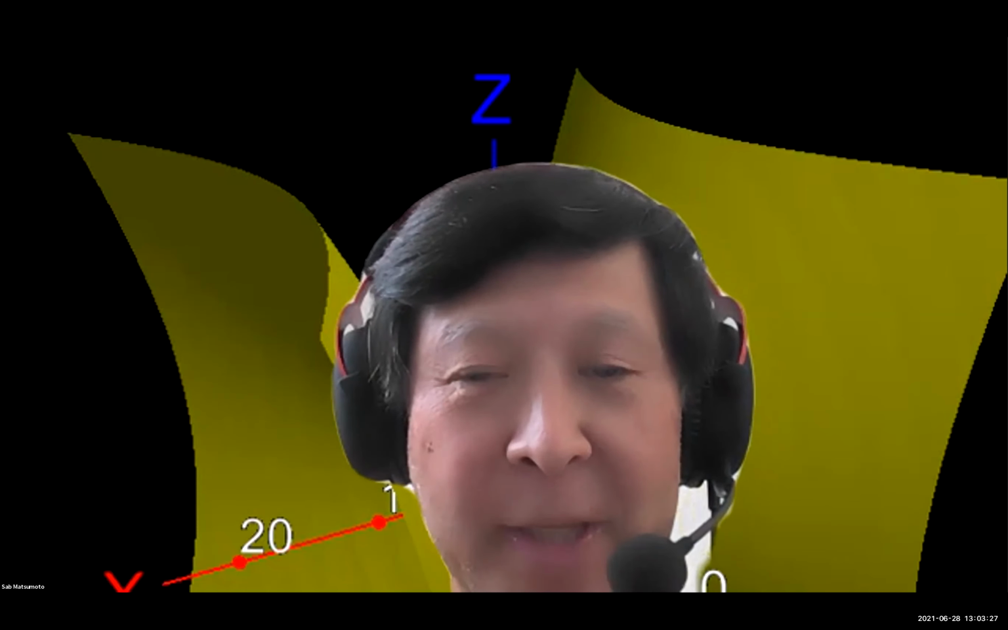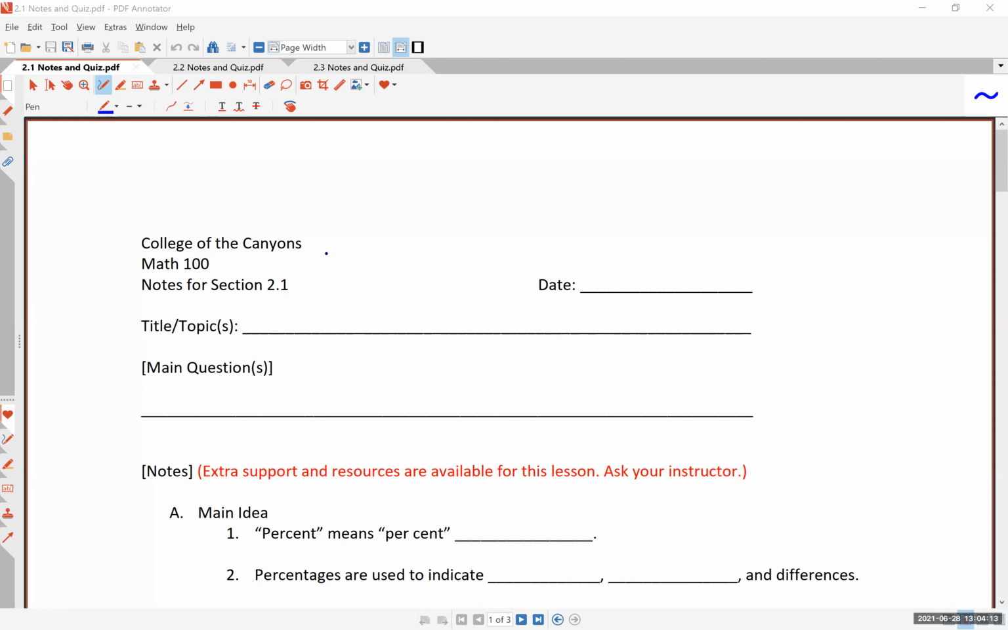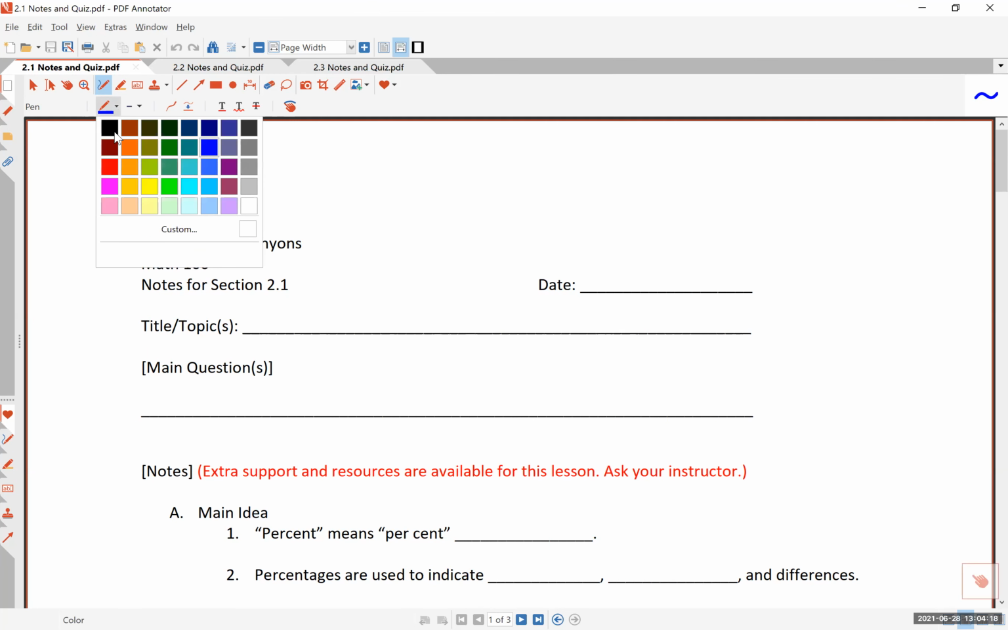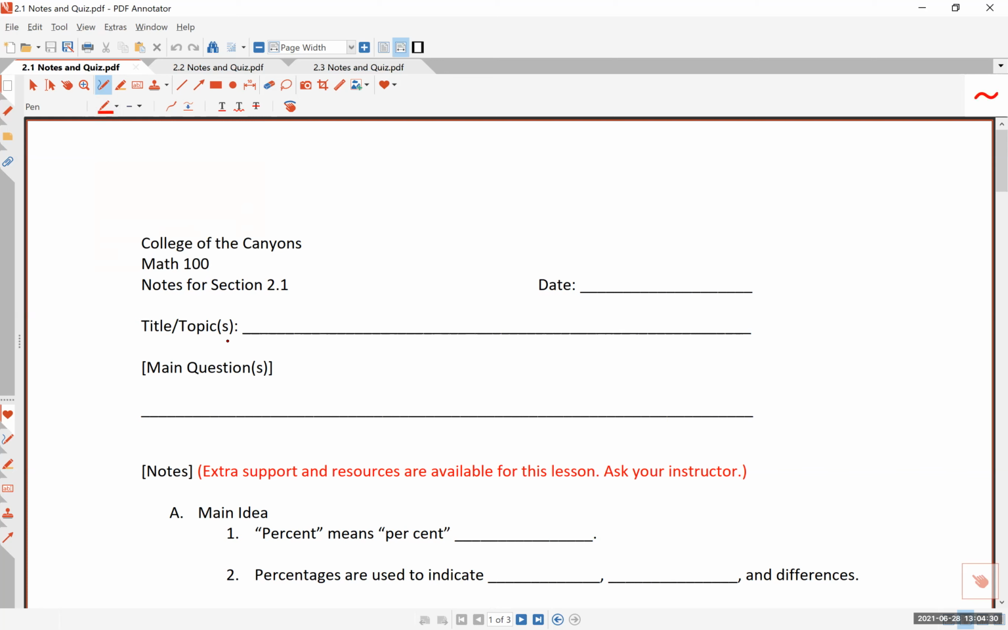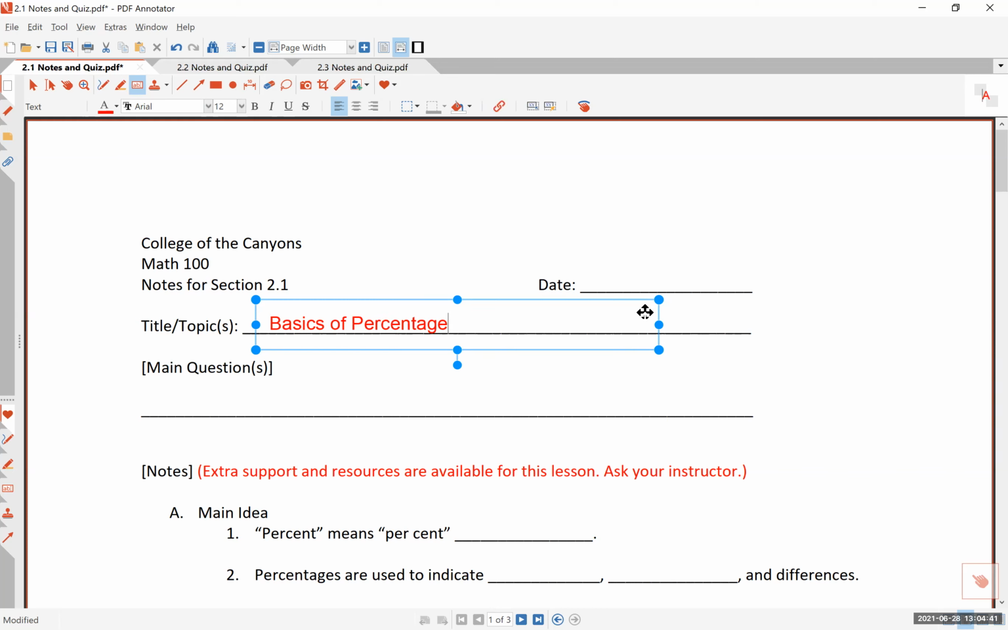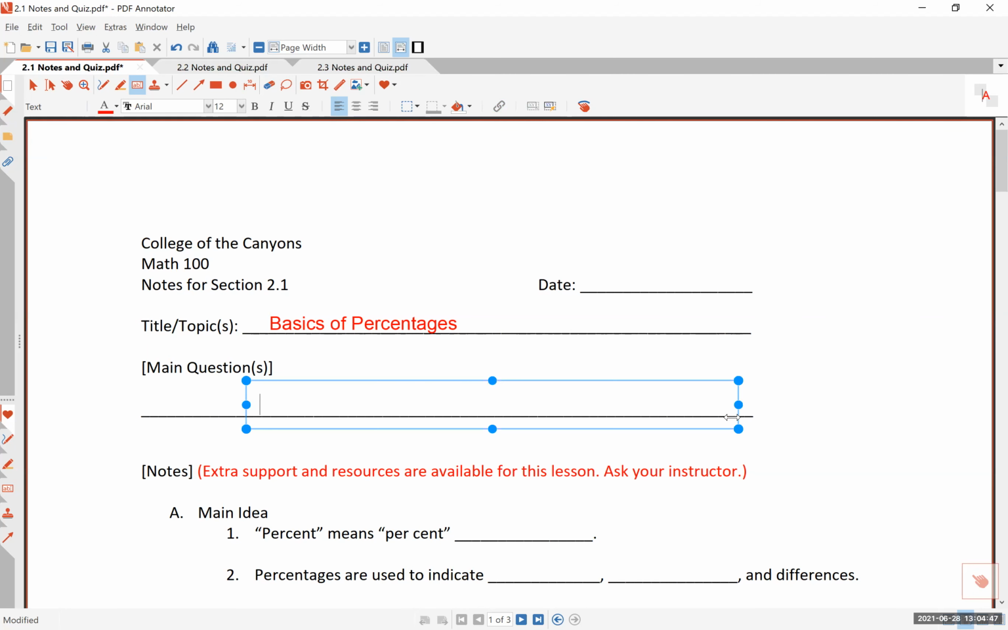I will share my screen as usual. All right, so here we are in section 2.1. I hope you have your outline, basically your blank notes sheet, available in front of you so that you can take notes as you watch these videos. All right, the topic, let me go to my writing. And so my topic of 2.1 is, as I said, basics of percentages. And now, let me go ahead and go to the questions. How do you solve percentage